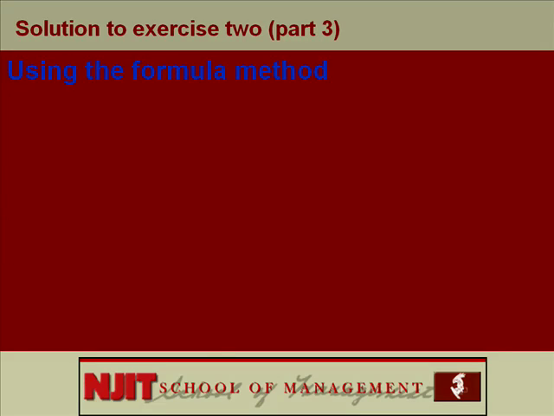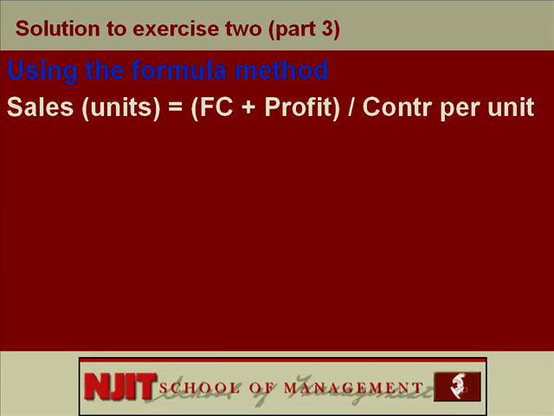If you use the formula method, which formula would you use? It's definitely on the right side because it's not break even, and it's the sales in units or in dollars. They gave you the sales in units. So on your formula sheet, it's the top formula on the right-hand side, which is sales in units is fixed cost plus profit, the whole thing divided by contribution per unit, which is